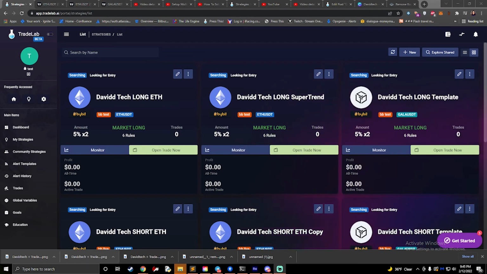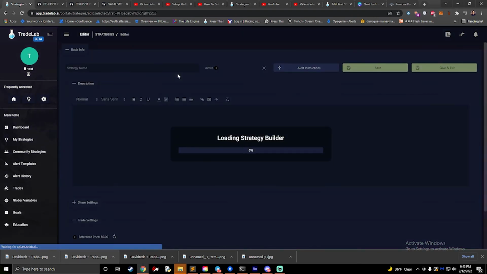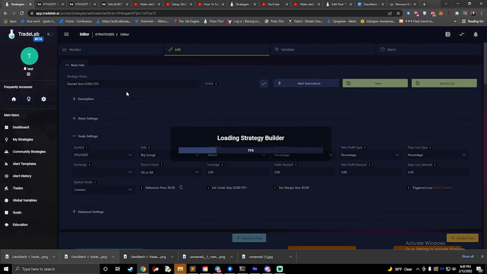Today we're going to be discussing how the DaviddTech strategies were built and give you some insights on how you can edit them and even create your own strategies using the strategy builder. First thing we're going to do is click on Edit for the DaviddTech long strategy, and that'll open the strategy